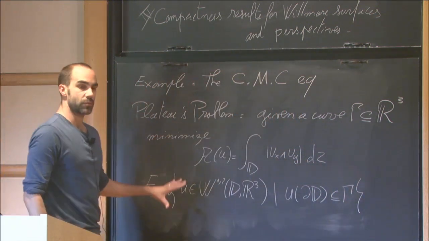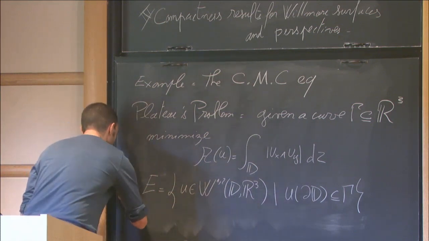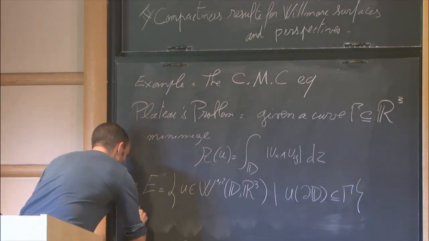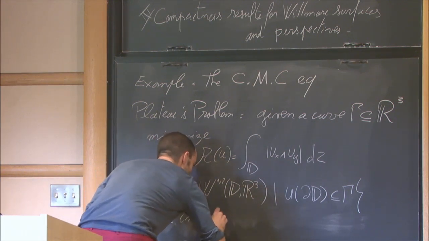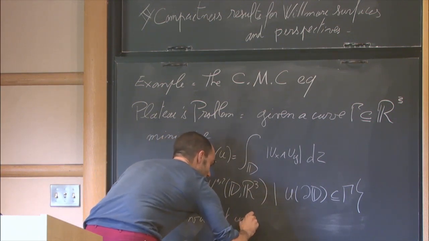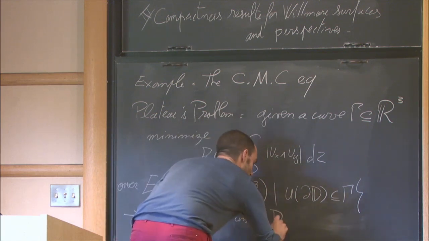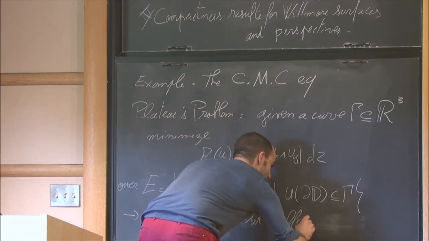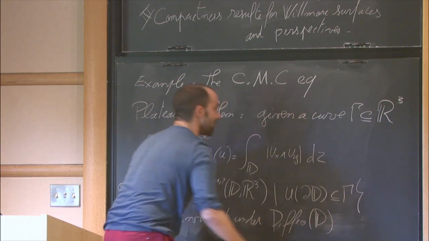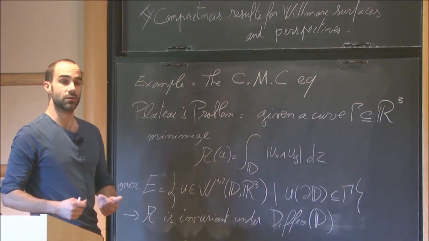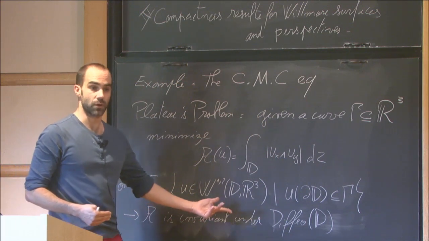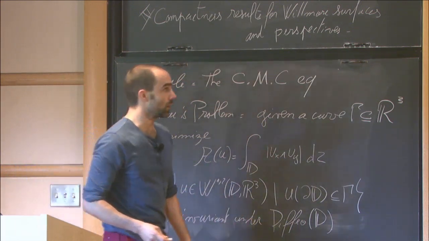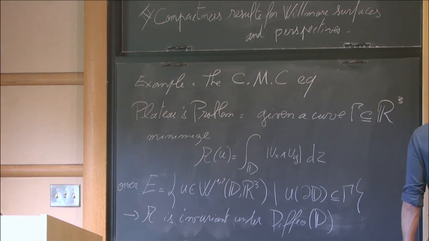If you consider this problem, the first difficulty is that A is invariant under the group of diffeomorphisms. So if you pick a minimizing sequence, there is no chance for it to converge because of the action of this big group. So the idea of Douglas and Radó